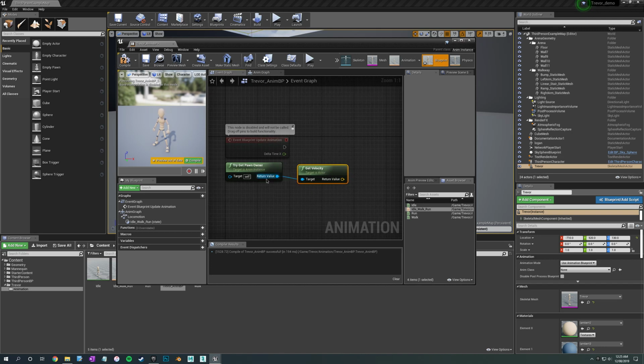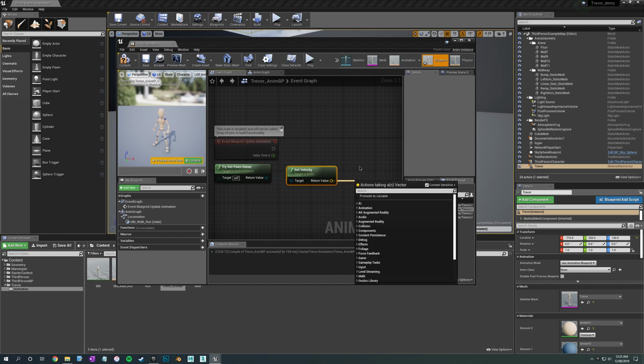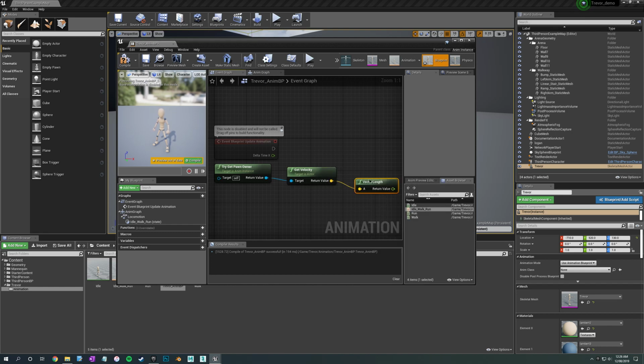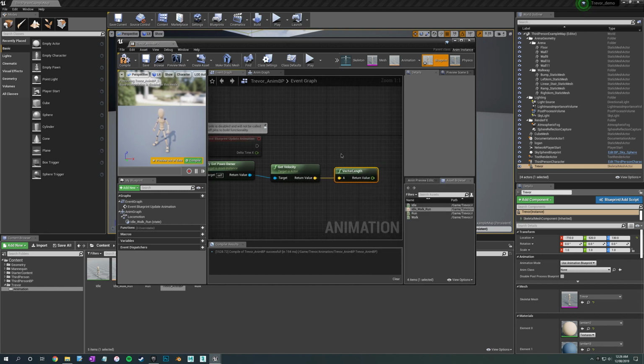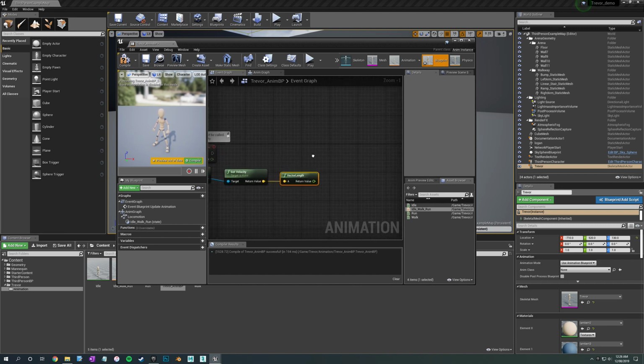This is basically getting the speed of the velocity of our character, and then we're going to pull off from here and type vector length,